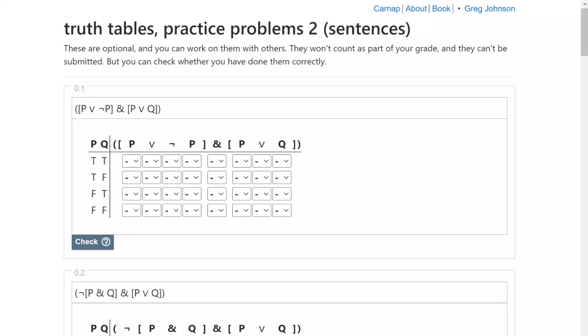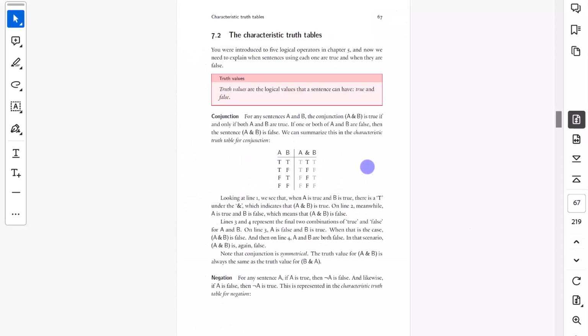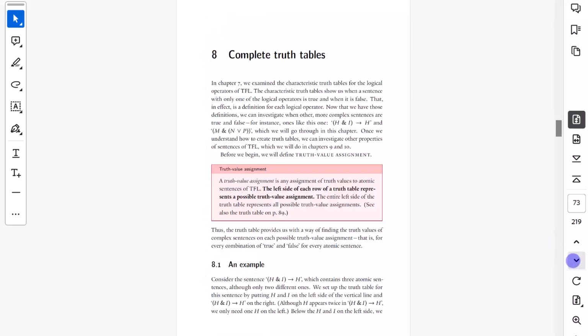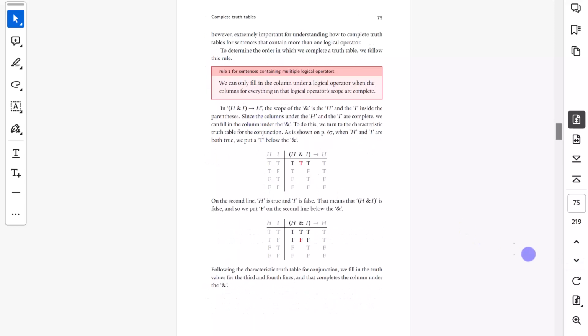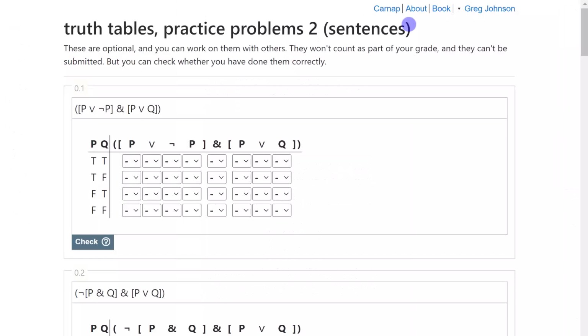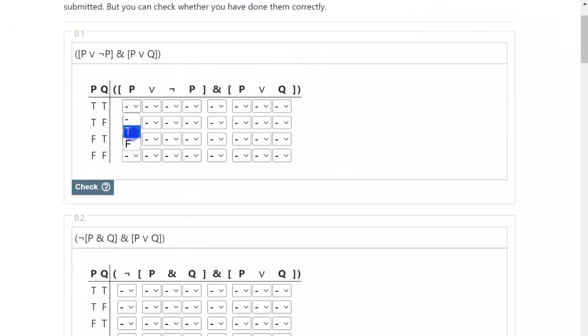Okay, in this video I'm going to do the truth tables in the second set of practice problems, and I'm going to assume that you are familiar with the characteristic truth tables in chapter 7 and also these two rules that are in the next chapter, chapter 8. Alright, so we begin